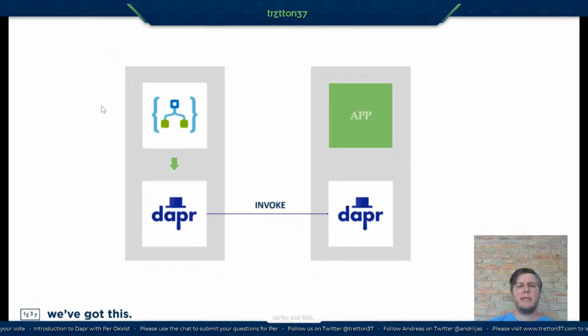So Logic Apps is a software as a service offering within Azure, but recently it's also available as NuGet packages using the same workflow engine. And since that workflow engine is invoking endpoints at different states of its process, we could now run that in a container or in one process with Dapr side by side. And now this workflow engine could call into Dapr and invoke applications in different workflow steps that are Daprized.